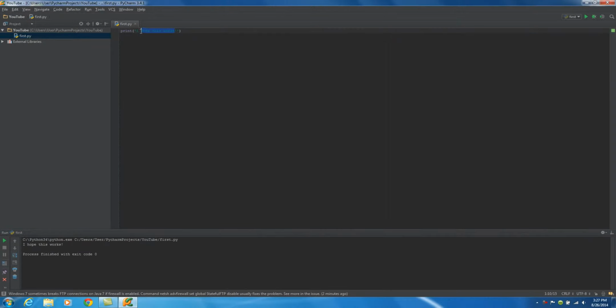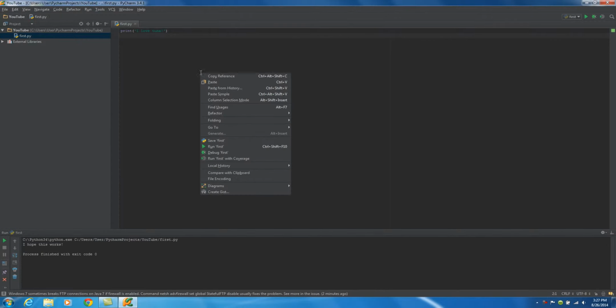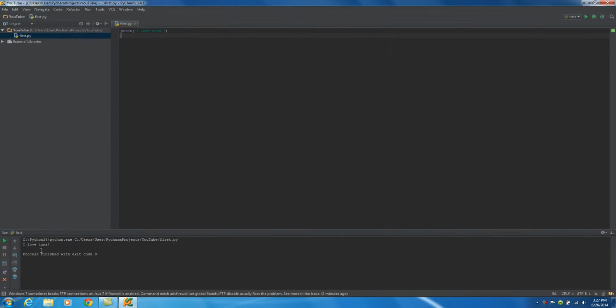Whenever you change something else, like I love tuna, and hit run, your new results are going to pop up down here. That way you can work on all your stuff up here, your files are on the left and the results are on the bottom. Whenever you run it for the first time, you do have to right click it and hit run, but anytime after